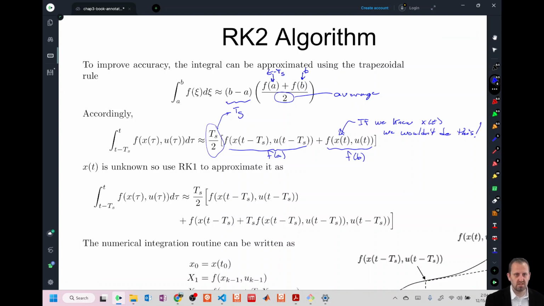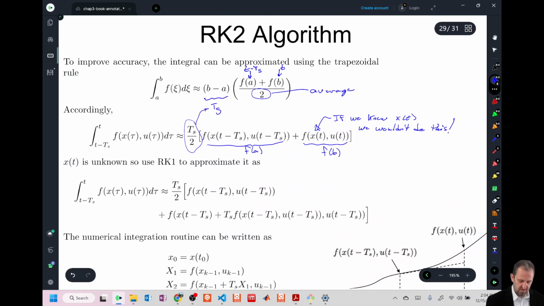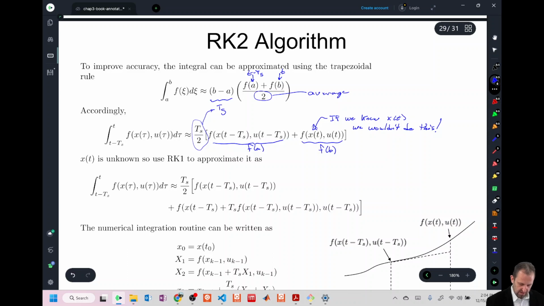So if x of t is known, then we don't need to even do any of this. But x of t is unknown. Well, we could approximate using our first order approximation, which was a way to find out what x of t was, right? So we could say that, well, x of t, for this evaluation, is approximately equal to